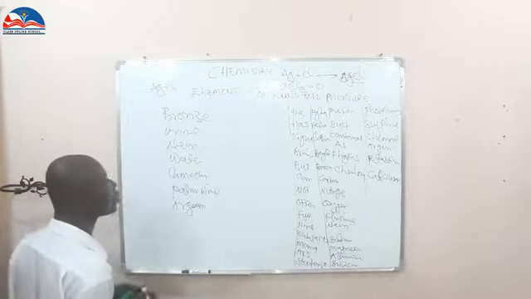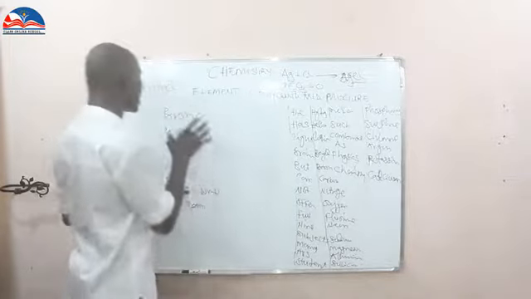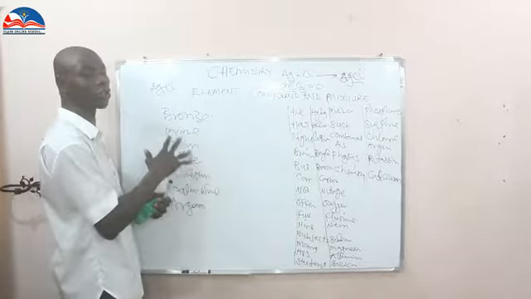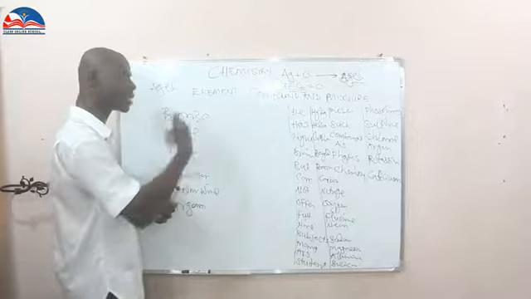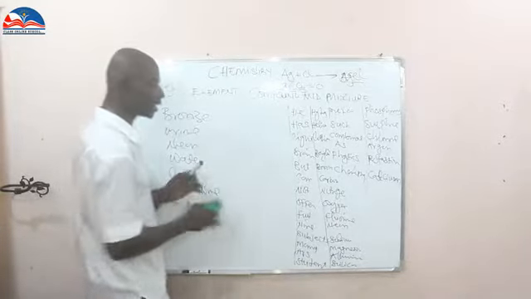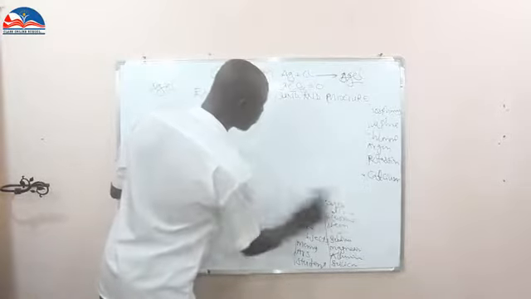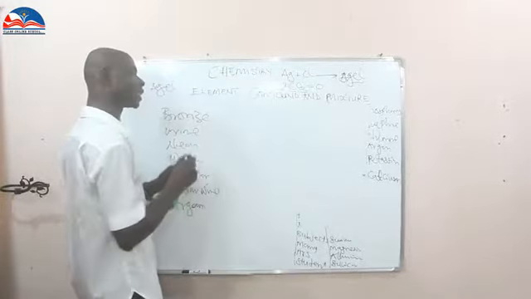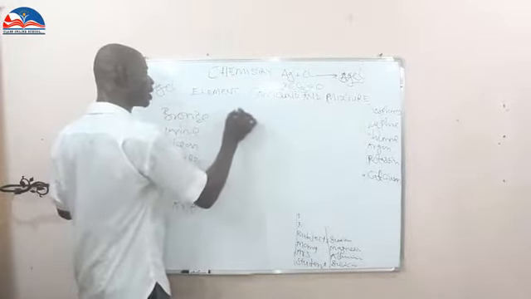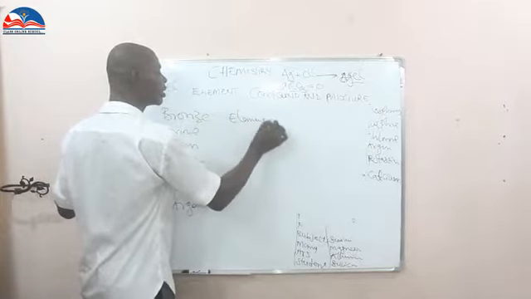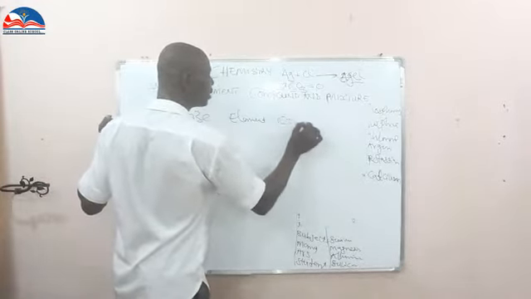For example, you can see a question like this: classify all these or each of them into element, compound, and mixture. Now it is left for you to go straight and get your table. You have to form your table. And how do you form your table? Form your table in this way: element, compound,